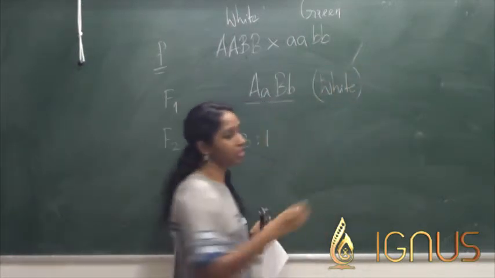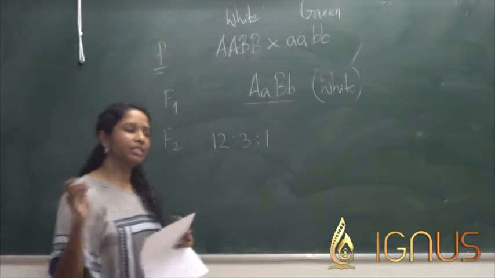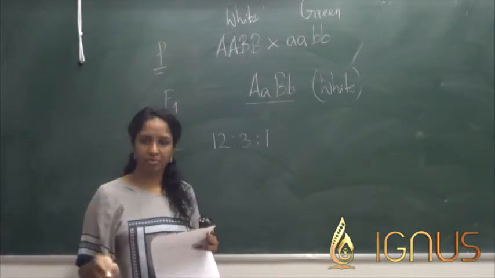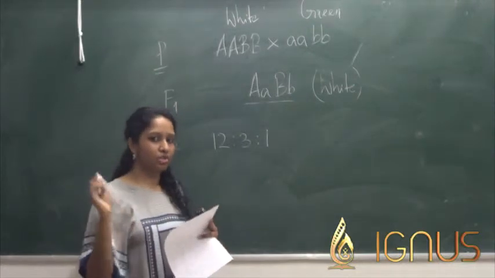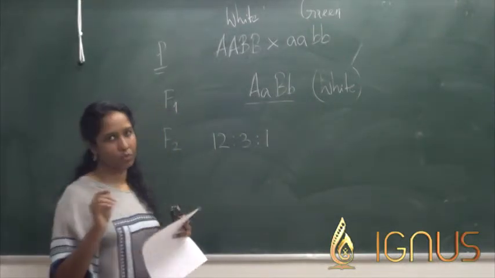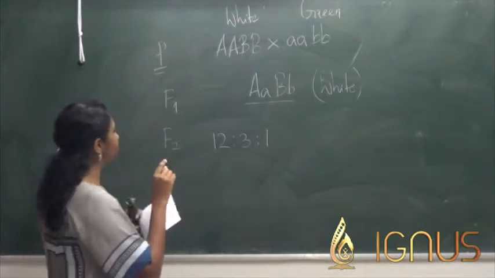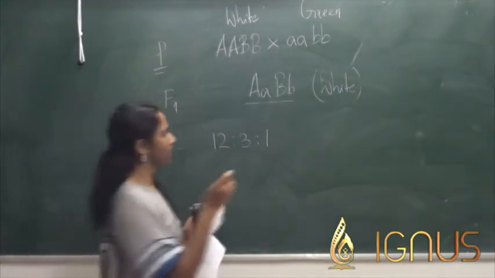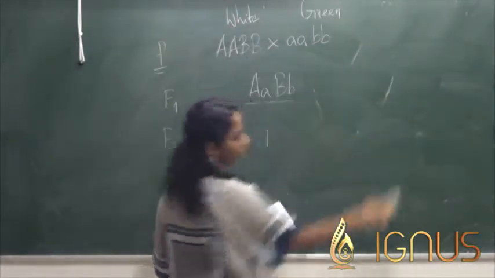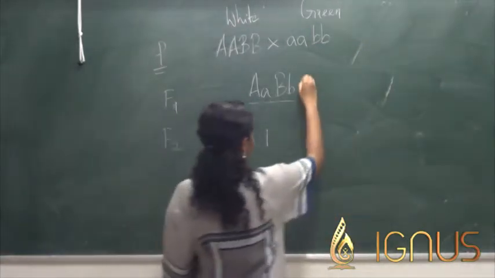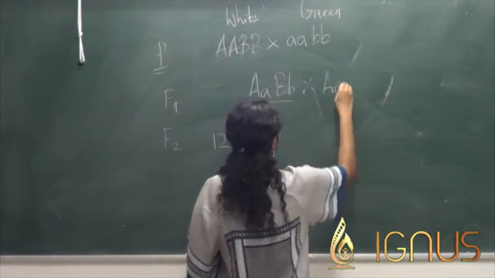So remember what I told you, that as long as the gene B is going to be in a dominant state, either homozygous or heterozygous, the color of the squash will always be white. Now, if you do F1 self-crossing, as in you're going to cross one F1 generation with the same F1 generation,